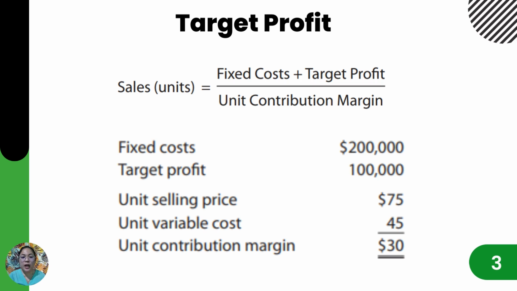Target profit. At the break-even point, sales and costs are exactly equal. However, the goal of most companies is to make a profit. By modifying the break-even equation, the sales required to earn a target or desired amount of profit may be computed. For this purpose, target profit is added to the break-even equation. By doing this, the sales unit is expected to cover all the variable and fixed costs while earning the target profit. Basically, in here, we are answering the question of how many units should I sell to gain the target